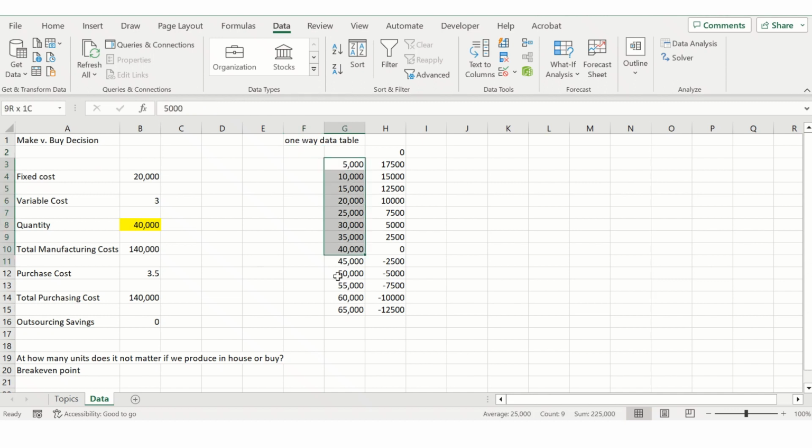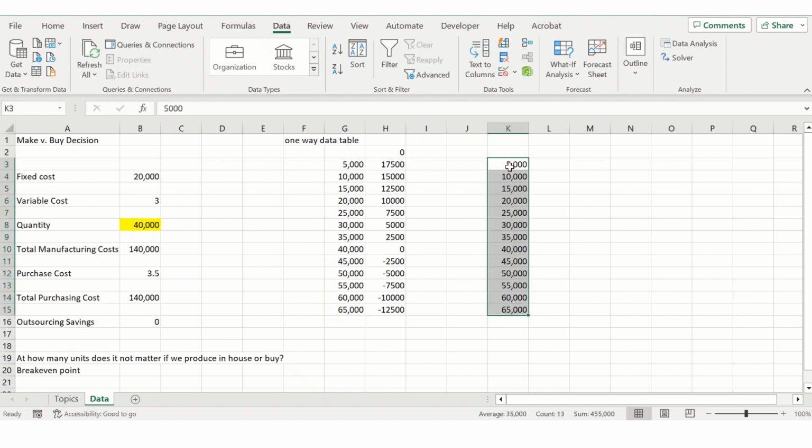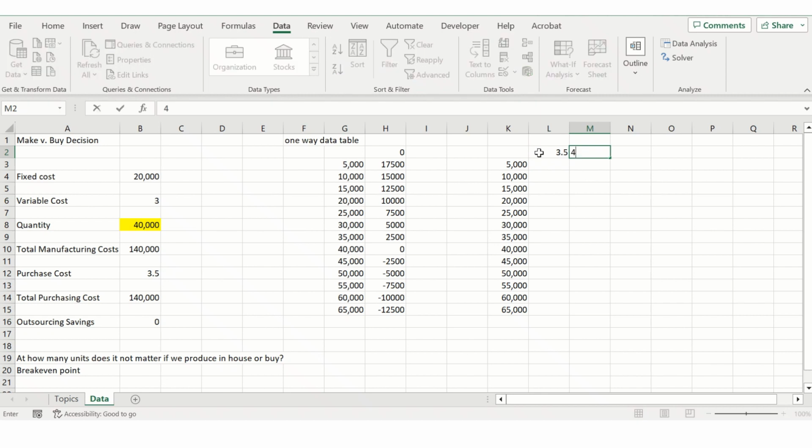Let's go ahead and copy these values again. Let's place them here in column K, and we're going to go ahead and run another scenario. Let's say we go back and we get additional bids from different vendors. So right now we see a purchase cost of $3.50. Let's say we get some bids from different vendors, across the board. So we have the first one of $3.50, then we get one who gives us a bid of $4,